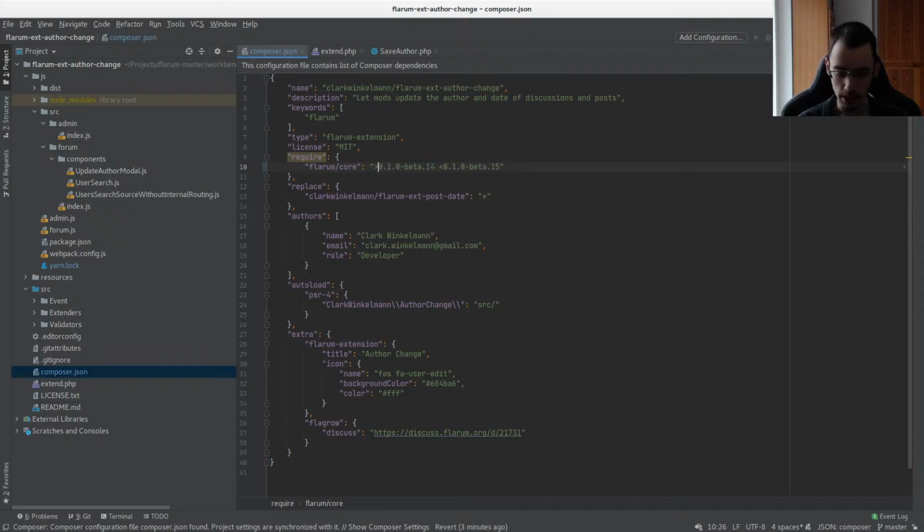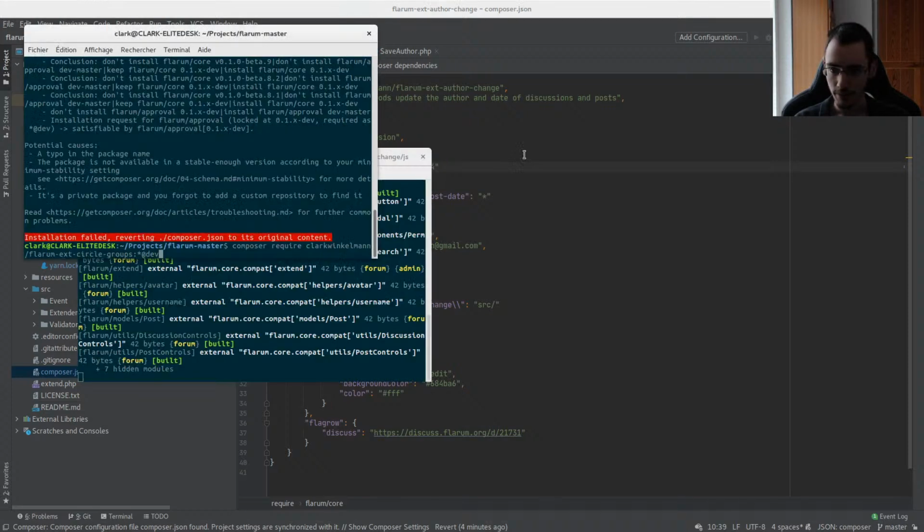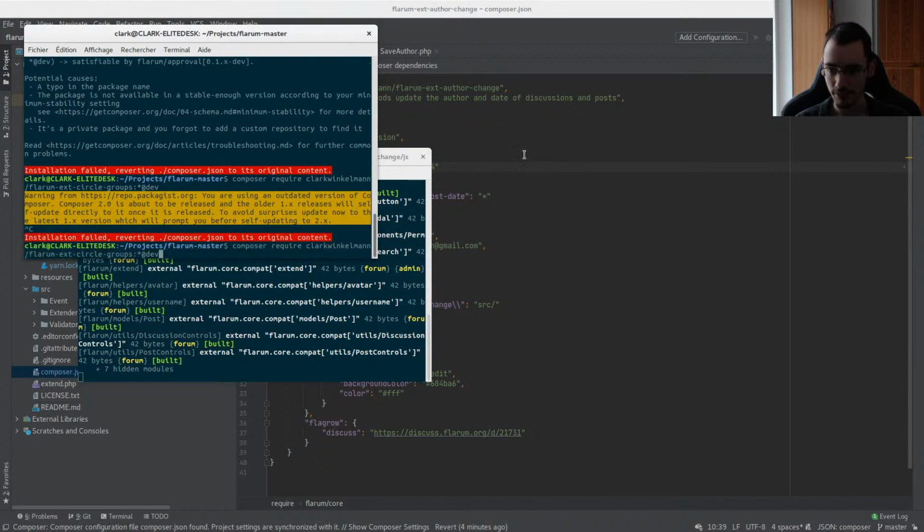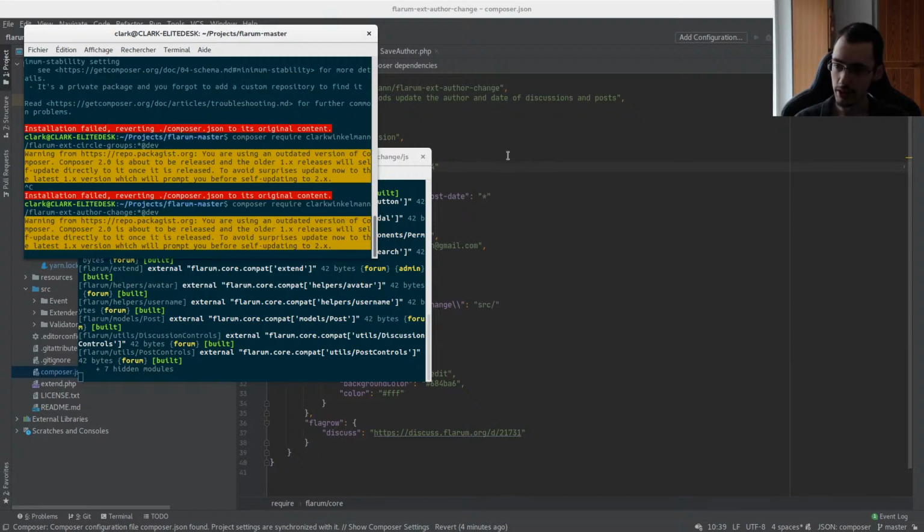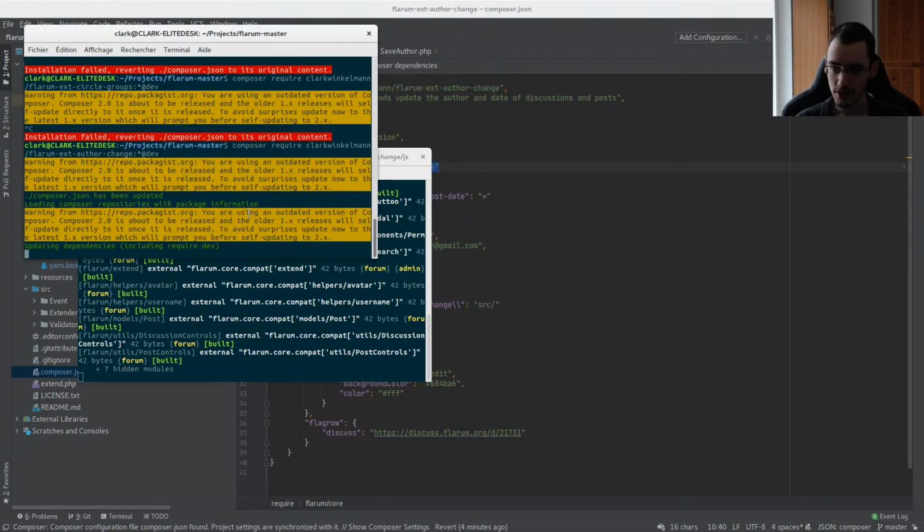So what I will do, I will just do it like this. So I can install. I will just put a temporary requirement just so that I can install it. Because once it's installed, then